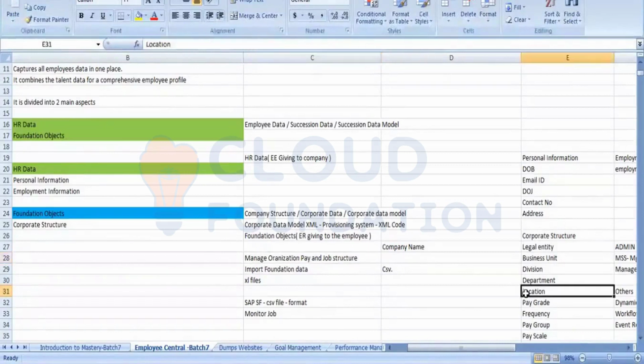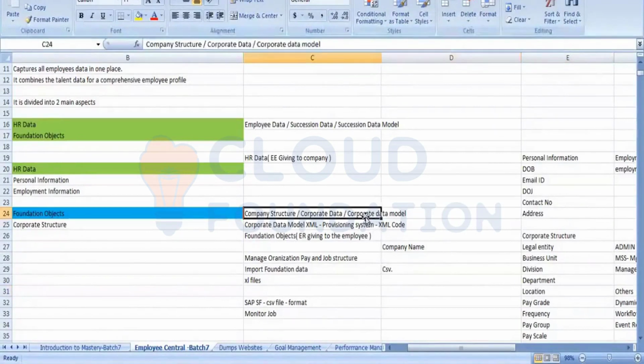But when you are creating that location you will have some form. You will be filling that form, and only then will you save it. So somewhere those fields are coming from, somewhere it is defined. That place is called the corporate data model.